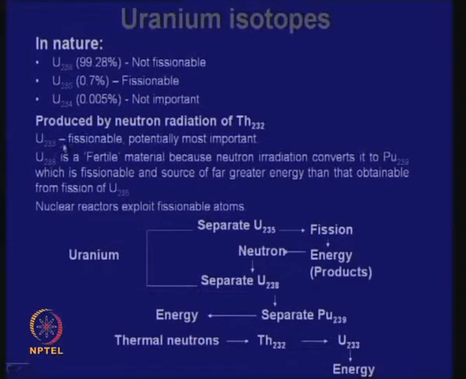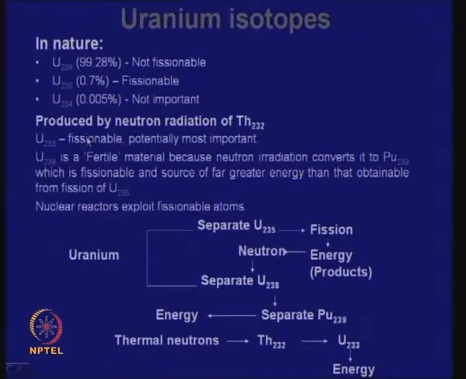there is another isotope, which is uranium-233, which can be produced by neutron radiation of thorium-232. This is actually the most important isotope of uranium that man can produce artificially from thorium-232. So, thorium becomes very important and India has thorium deposits. But to come to that stage, we have to start first with uranium, normal uranium and uranium-235, and we will